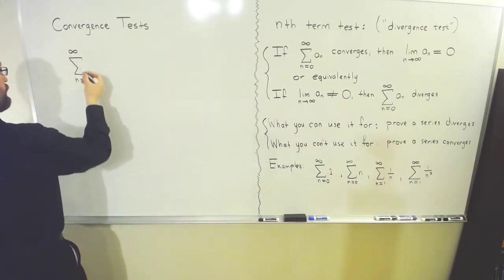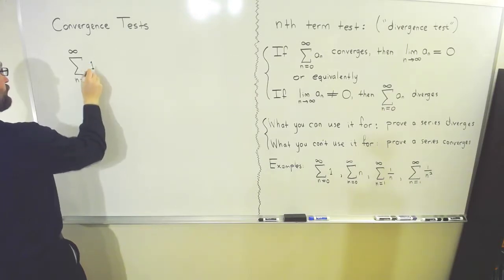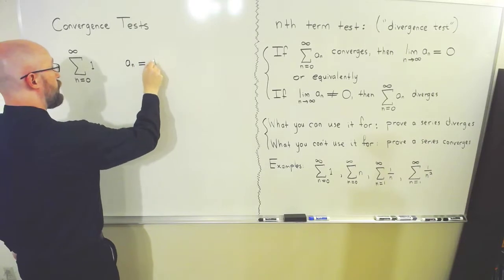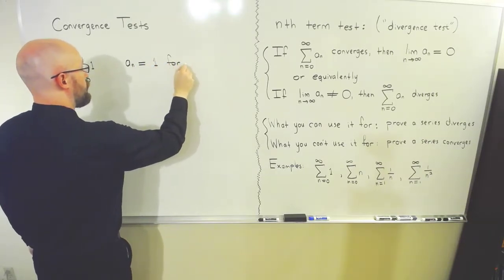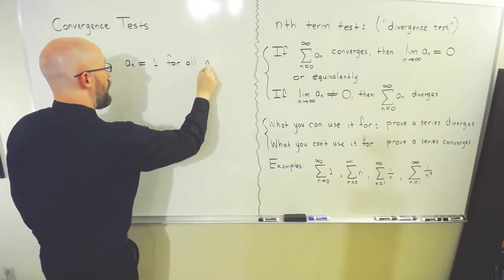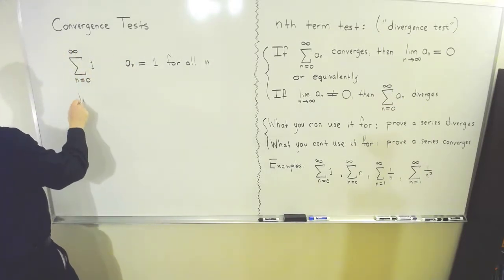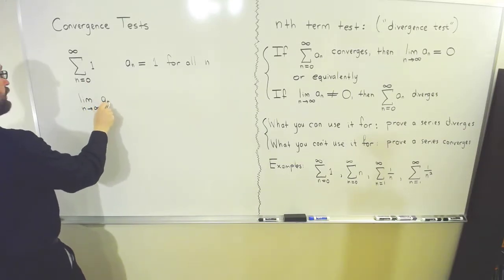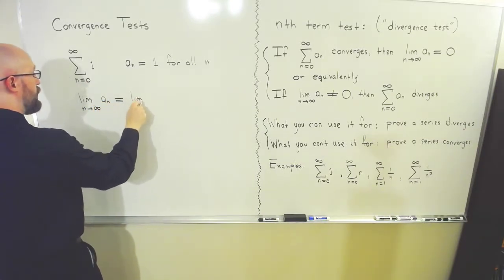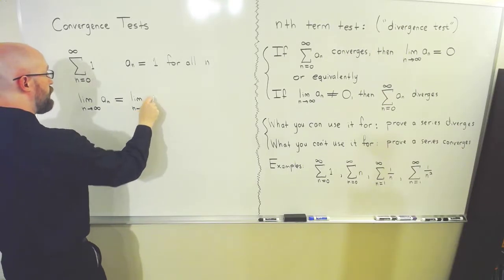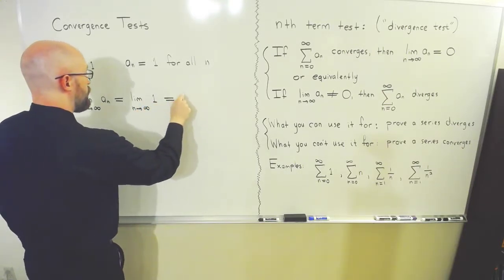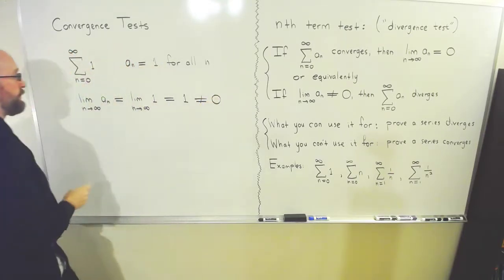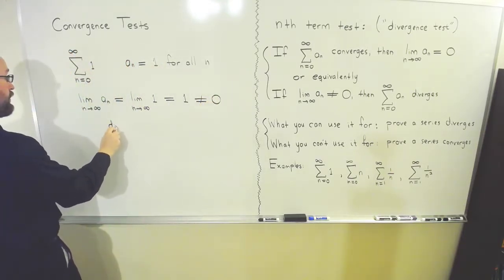So the sum from n equals 0 to infinity of just 1. In this case, this means that an equals 1 for all n. And so the limit as n approaches infinity of an is just the limit as n approaches infinity of 1, and that's just 1, and in particular it's not equal to 0. So we can conclude